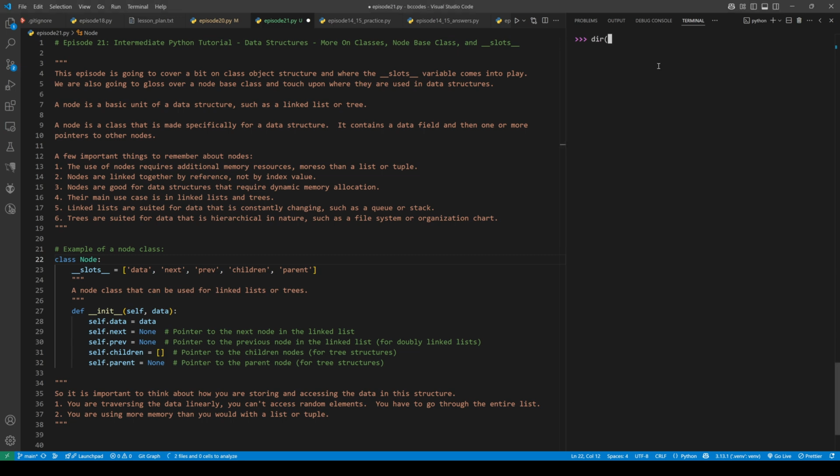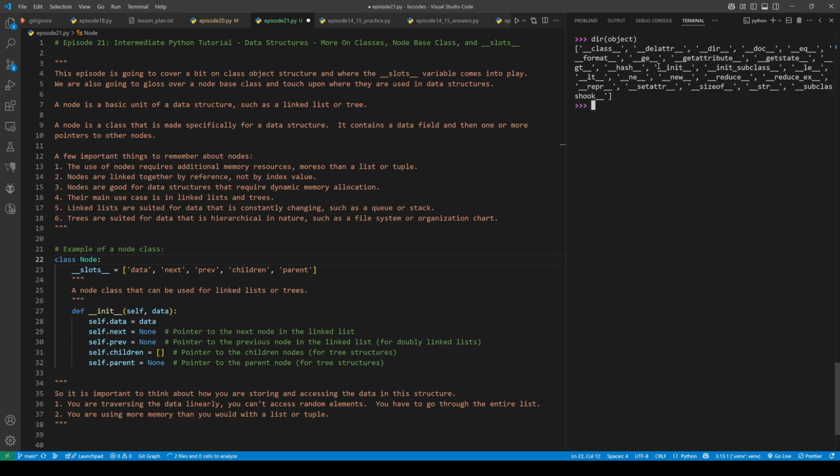So to start off, I'd just like to show you that you can type dir in the interactive prompt and then just do object. All classes inherit from object. And all of these double underscore or dunder methods are kind of unique to the built-in. You can alter the way that your class is going to operate if you alter a lot of these